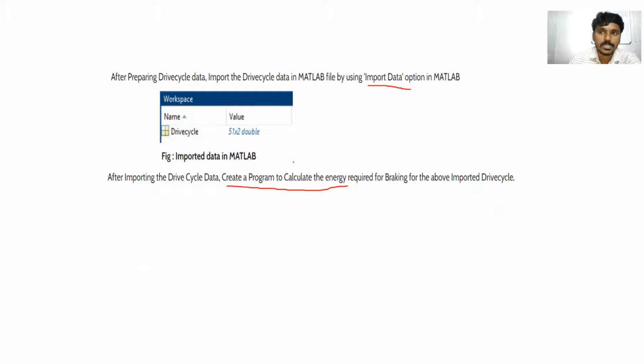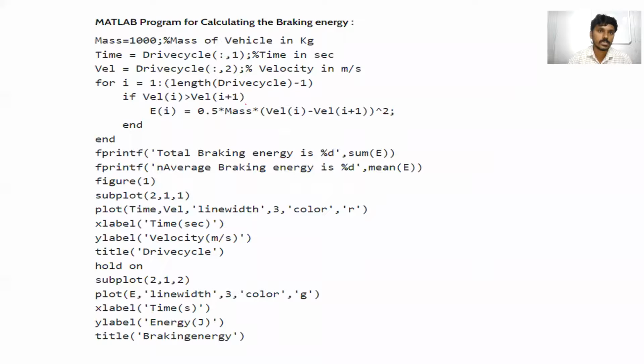After importing, we have to write a program to calculate how much energy is required for the braking. Clear? So how can we write the program?